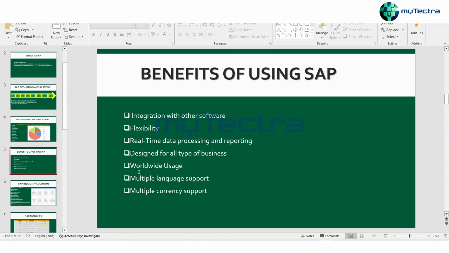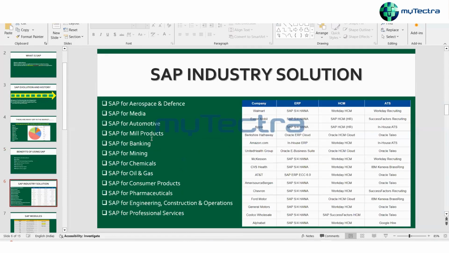If someone is in China, they can use SAP in Chinese. If someone is in Germany, they can use SAP in German. And if I talk about what kind of industries are using SAP right now, they are aerospace and defense, media, banking.